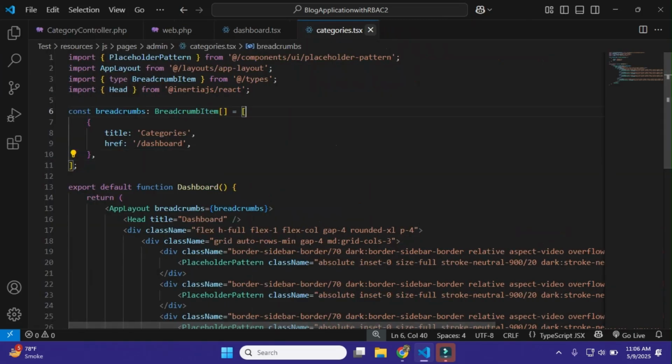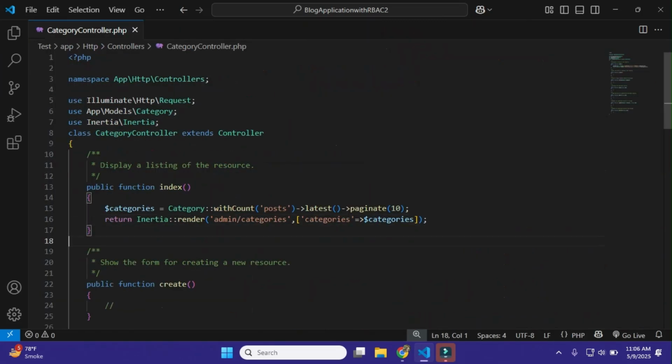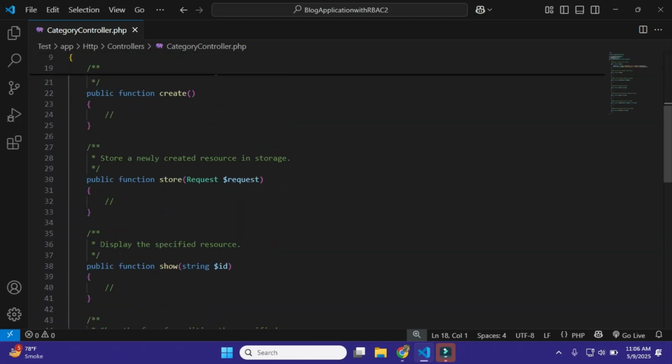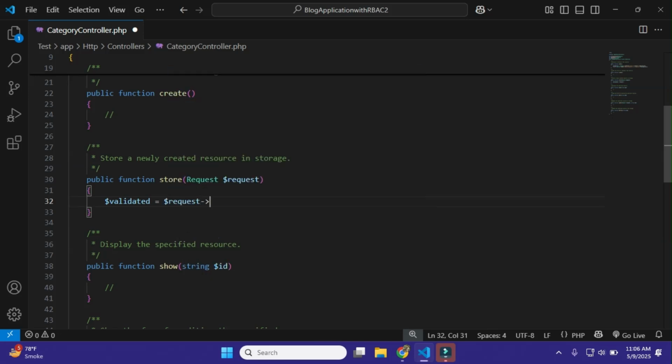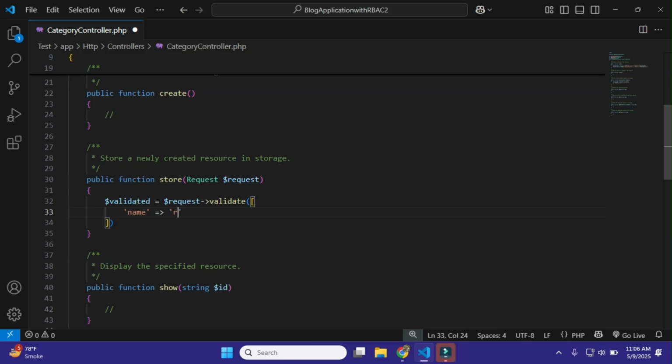So that's great, amazing. So just close these, and now we just simply focus on creating the CRUD functions, and then we make the view. Okay, so that's it. And now after it, we have this store function, and within the store function we are getting the request, dollar request, and after it I'll just simply make here the variable that is validated, and within it I'll just simply pass here request, and validate,